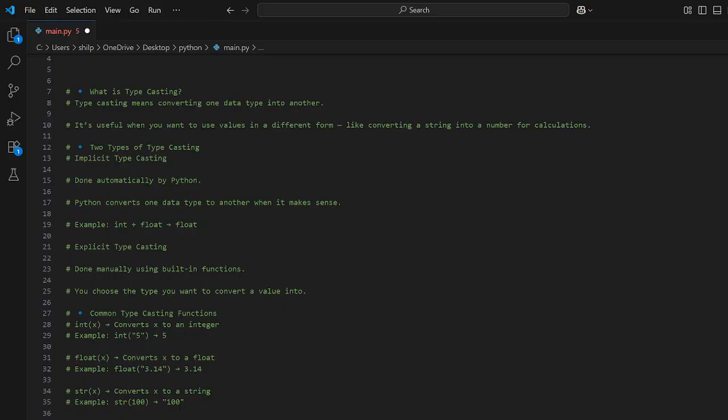Then we have explicit typecasting. In this, the typecasting is done manually using built-in functions. You can choose the type you want to convert a value into. The common typecasting functions are